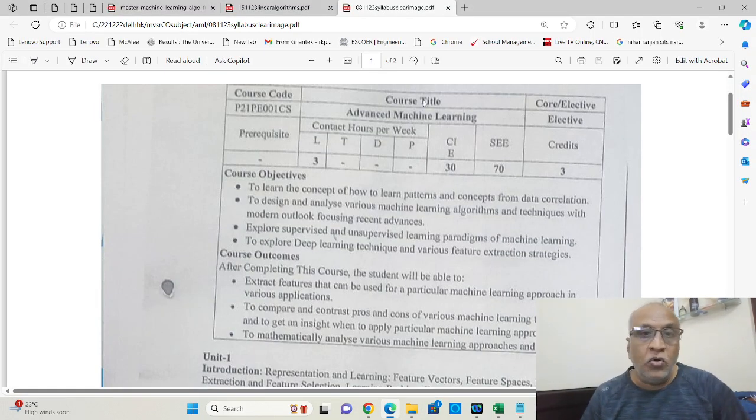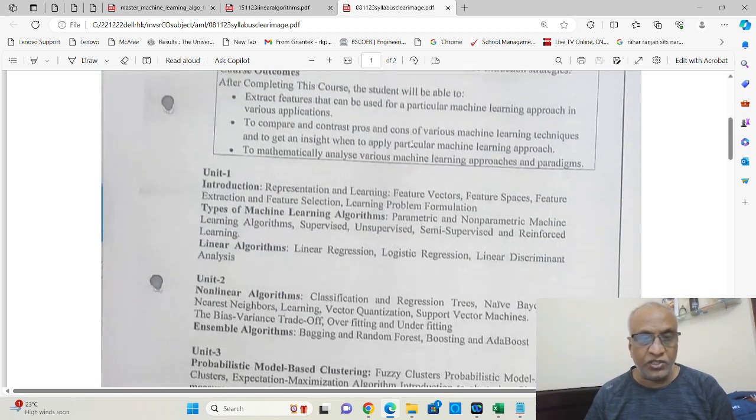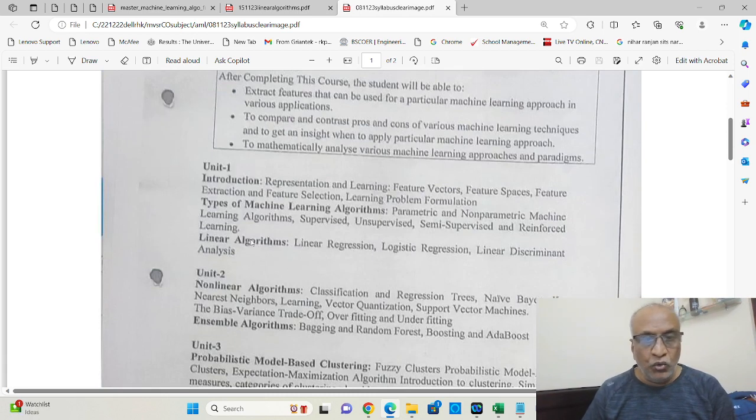Let us continue our learning of the subject Advanced Machine Learning, meant for MTech first semester students. We are into Unit 1, and linear algorithms introduction we have done, and linear regression concept also we have learned. So today we'll have a discussion of a linear regression example problem,